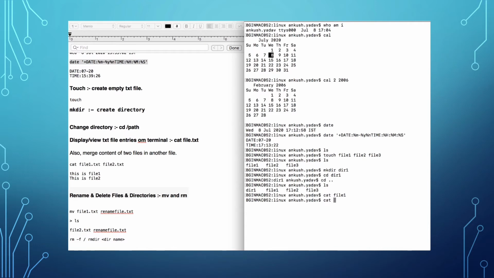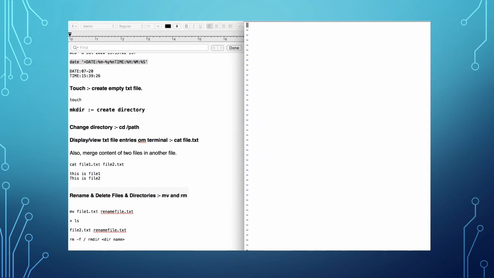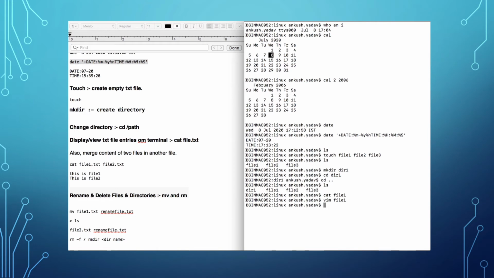Now you can use your Vim editor, and you can go into this file and you can edit anything. Like this is file 1, and you can save and exit from this file. And we'll use the cat command to edit something into file 2, and here you have to add on the display itself. So I'll write, this is file 2.